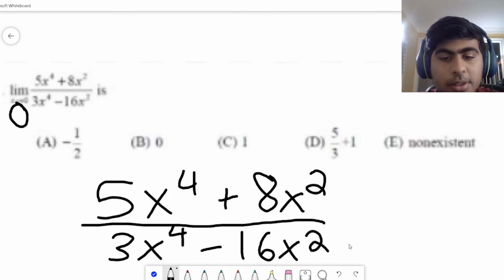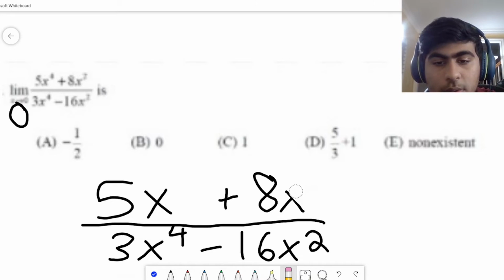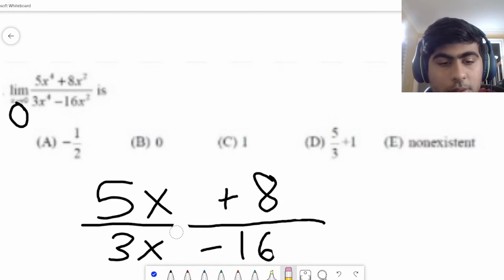What we can do to this fraction, since if we just plug in 0 right now, we're going to get 0 over 0. That's indeterminate form, which means that we can keep going. There is an answer, but we haven't found it yet, and we cannot find it just by plugging in the numbers. So what we can do here is divide every single thing by the lowest degree, which is x squared. If we divide this by x squared, these two go away, and the other two